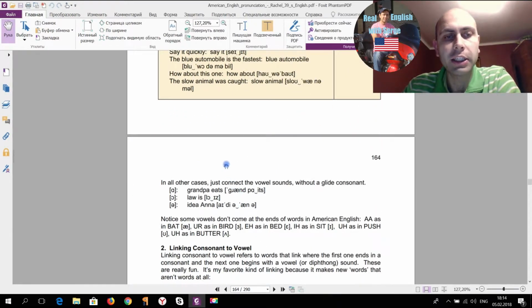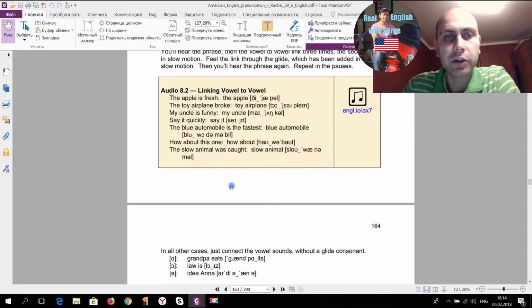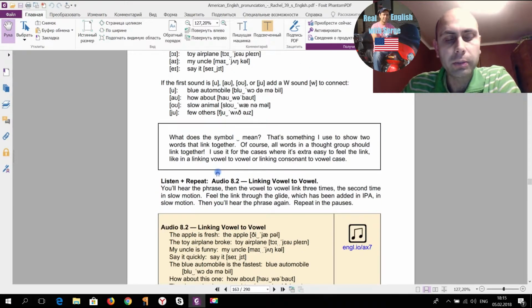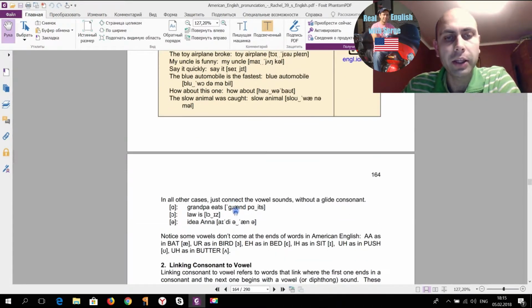Also, Rachel states that in all other cases, you just connect the vowel sounds without a glide consonant, like grandpa eats, law is, or idea, Anna. So here we have sounds that are different from those that were explained previously, so we just connect without using the glide consonants.